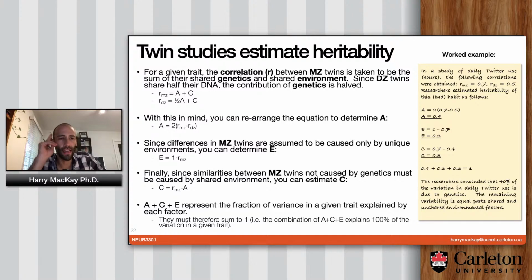So this is the actual math of it. I don't know if we really need to emphasize this a huge amount. The basic idea is this. You can take the amount of correlation between monozygotic twins and the amount that's dizygotic, and by rearranging the equation, you can figure out the contribution that's made up of genetics, because you know that dizygotic twins have half the amount of similarity in their DNA than monozygotic twins. And then you can do some other algebraic stuff, and ultimately what you will get is a combination of the factors A, C, and E, all giving you a certain fraction of the overall variance explained by the different components.